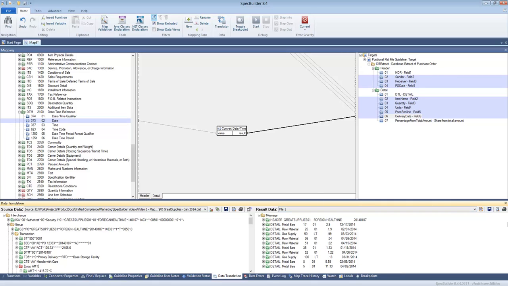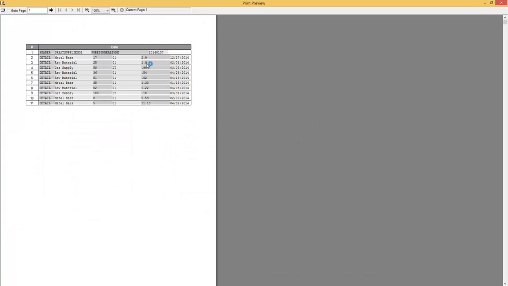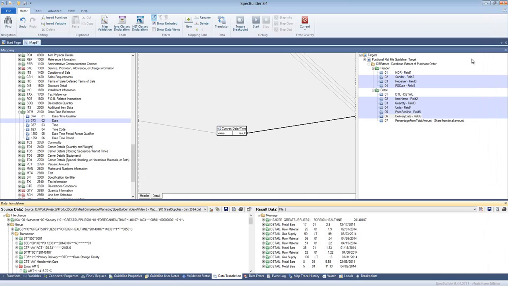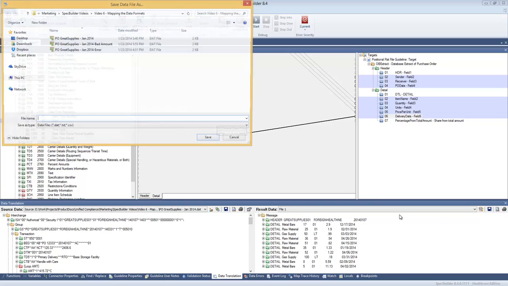And by the way, all the capabilities which you've seen in SpecBuilder previously, like printing the data, you can see you can print out that data file which you obtained during the execution. You can send it to somebody to verify if that's the expectation, like you can send it to your database developer to see if this is the type of file you would need, or you can just save this file and it'll just generate the positional flat file,